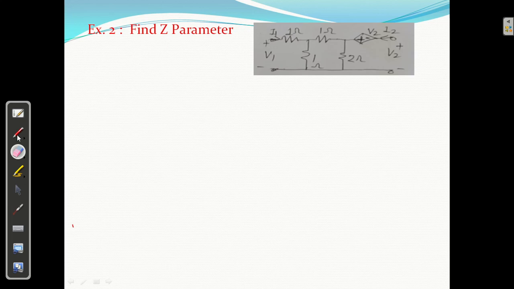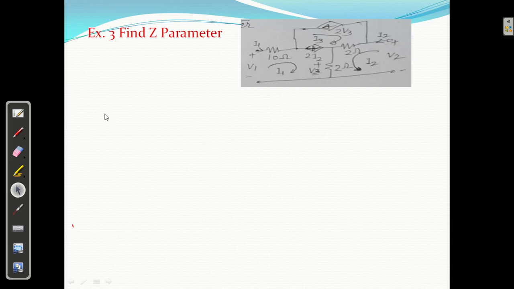Third problem I'm going to solve. So let us say discuss. Okay, it is slightly difficult. Dependent sources are there and three loops are there, so slightly difficult is there. Anyway, I have given two, everything is given. This is I1 is given, this is I2 is given, this is I3 is given, so I can't change it, right? Okay, but यहाँ पर V3 भी दिया है, देखो यहाँ पर V3 दिया है प्लस माइनस.